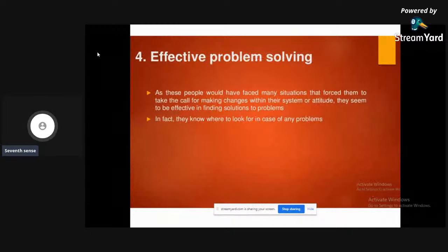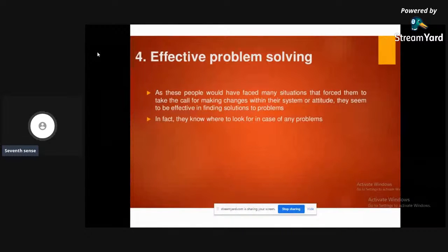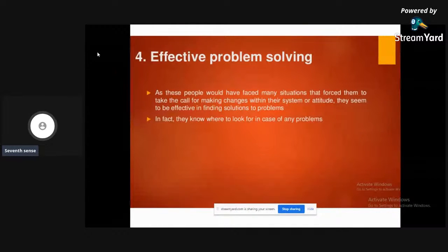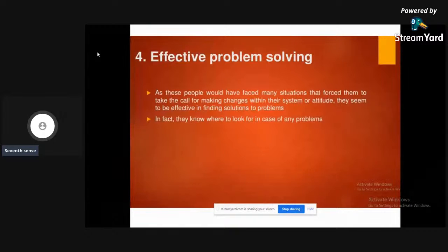Effective problem solving. When you are adaptable to the situations, you might have faced many situations, which force you to take the call for making changes within your system or attitude. They seem to be effective in finding solutions to problems. There will be certain challenges where time will be limited, and you are supposed to take decisions in a very limited time.